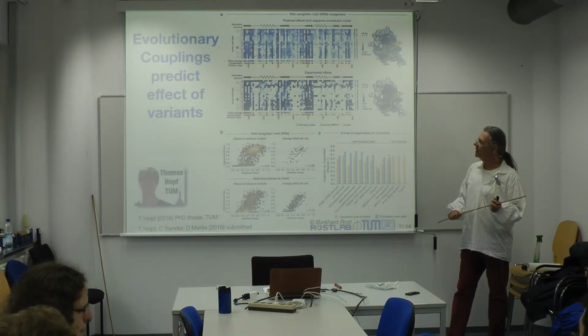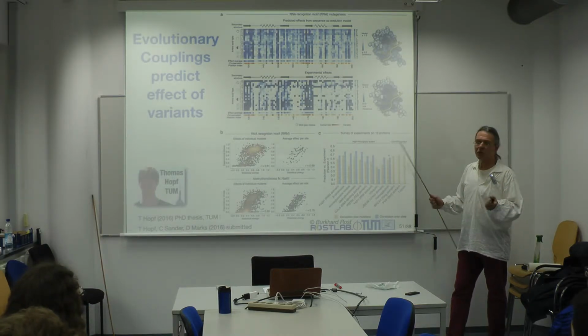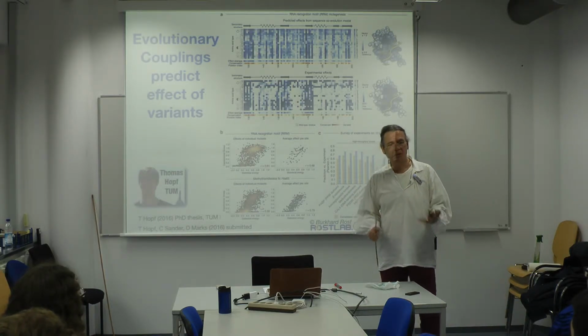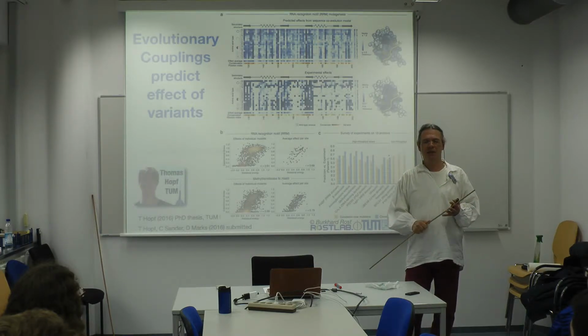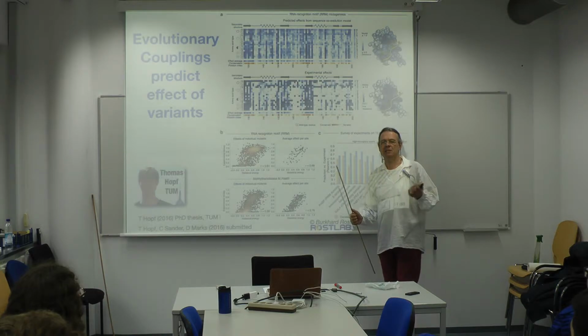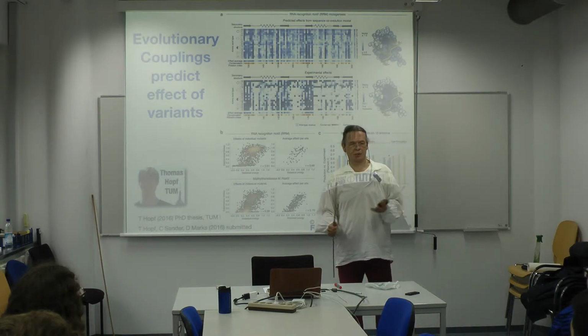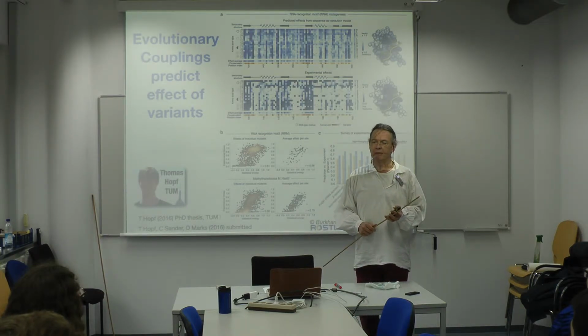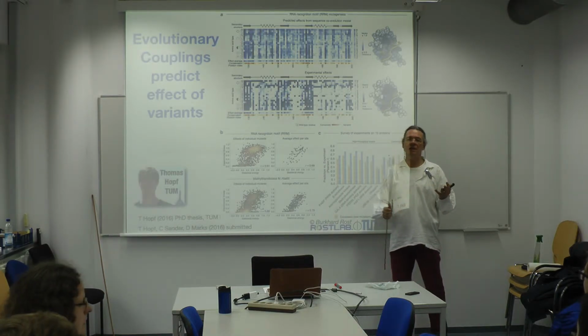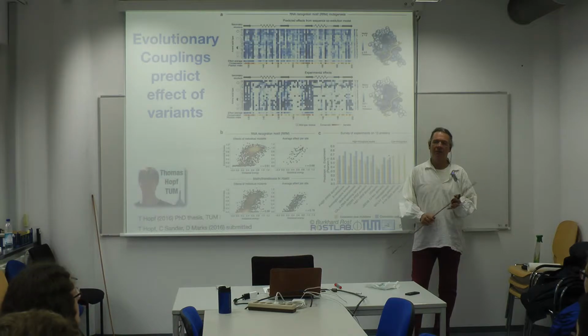The problem with that method is you need huge alignments, and this ultimately has to do with the fact that, in order to distinguish between evolutionary couplings that are meaningful connections or contacts and those that are not, you need huge alignments. Huge alignments in this particular case means thousands of family members. In fact, the method gets better if you have 50,000 than when you have 10,000. So really big families.